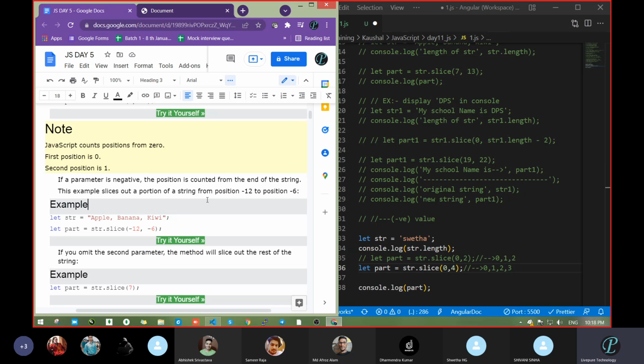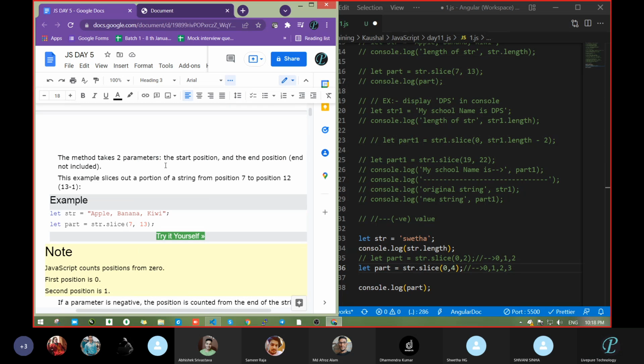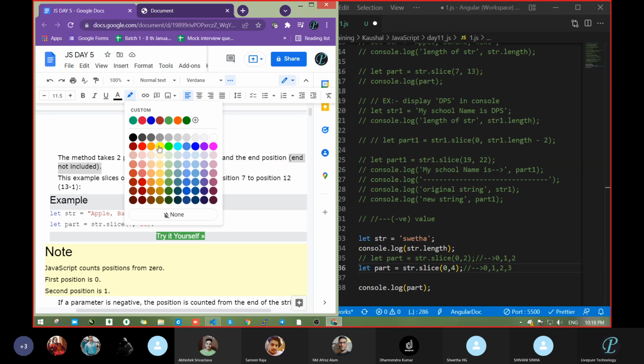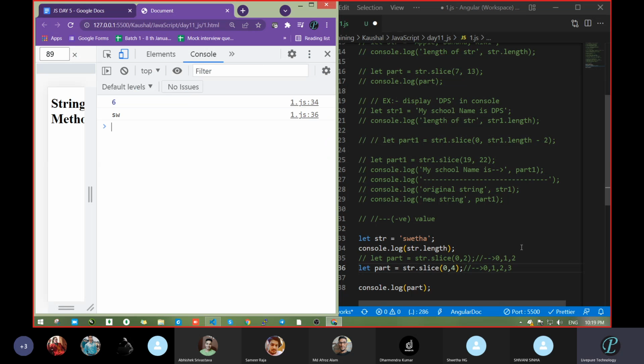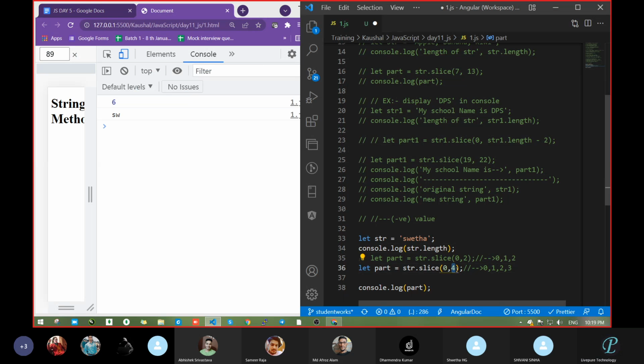One second, I am showing you the line. See this line: the end position is not included. So what is the end position? The end position is 4, so it will not take 4.